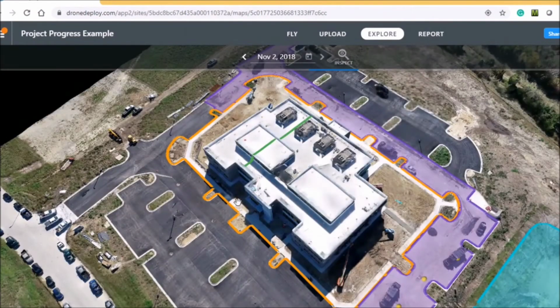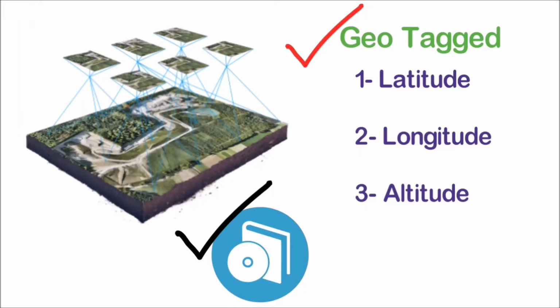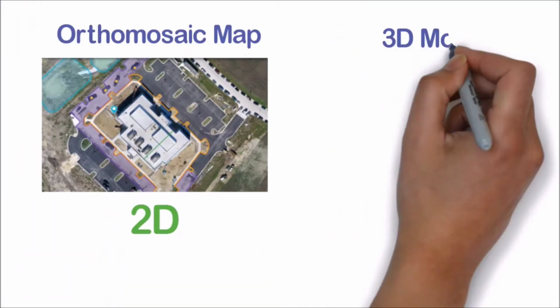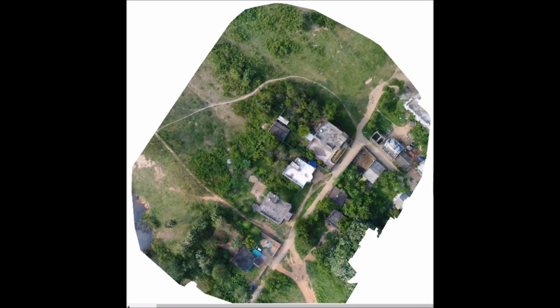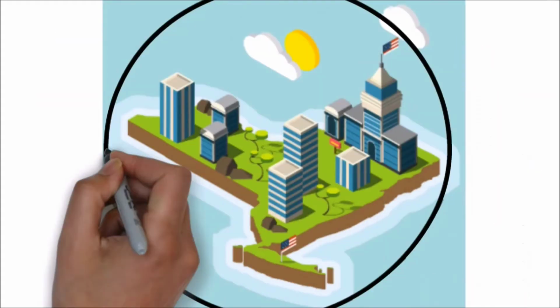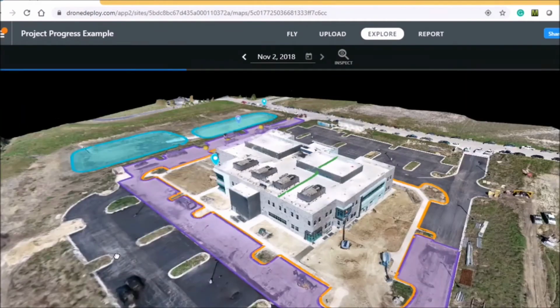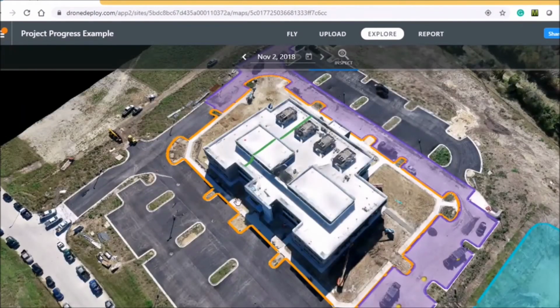An important thing to notice here is that image acquisition techniques are different for an orthomosaic map and a 3D model. Because an orthomosaic map is a 2D map, and to create a 3D model, we have to capture data around the buildings. We will discuss in detail how to create a 3D model using a drone in our upcoming videos.